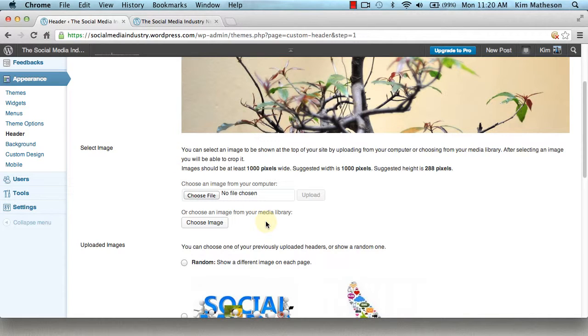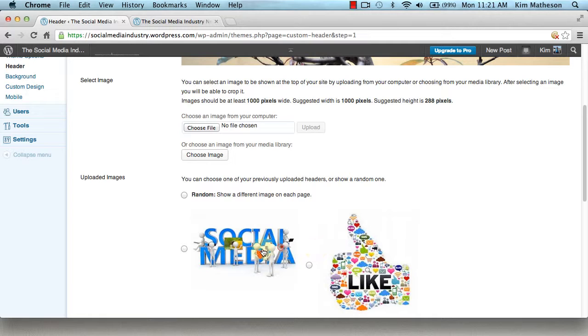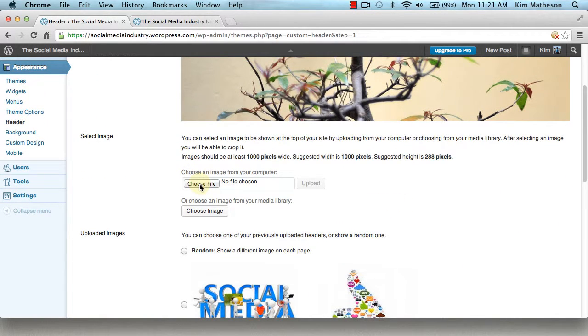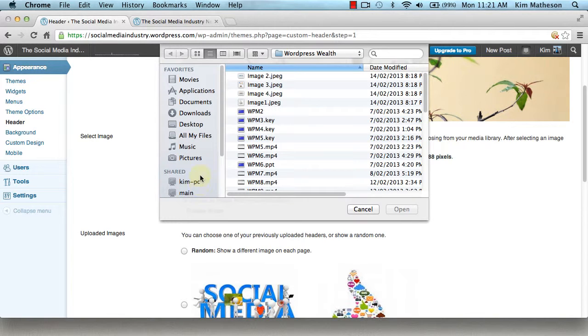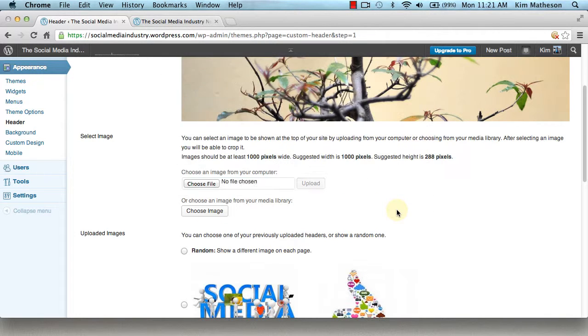So what I am basically going to do is choose a file from my computer. Now you also note here that you can also choose an image from your media library, and here are some of the images that I've actually been playing with prior to recording this with you. So I'm going to choose a file, I'm going to navigate to my desktop, that's where I have saved this image. I'm going to open it,